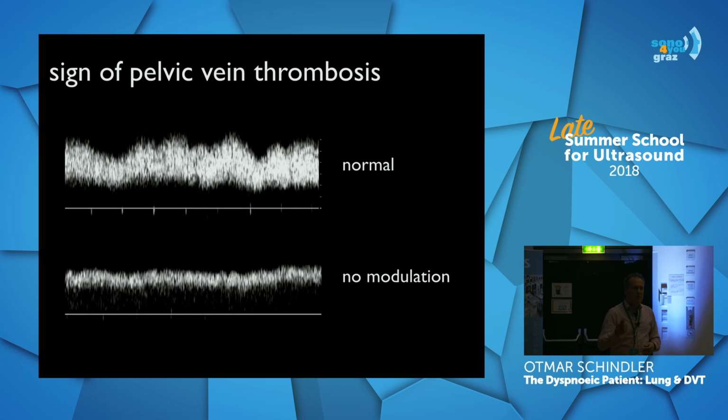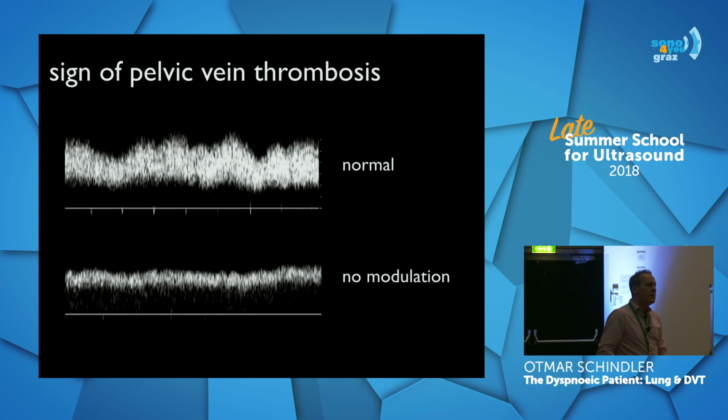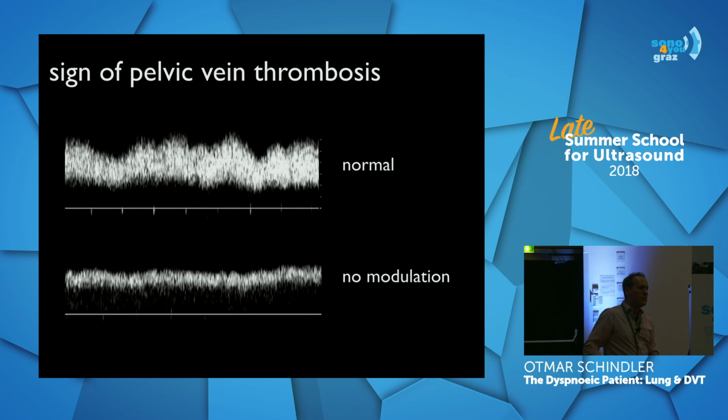For the exam of the veins, you cannot scan the pelvic veins. Sometimes you can, but it's quite difficult to scan the veins in the pelvis. So if you think there might be pelvic thrombosis, you can just put a color Doppler in your femoral vein,